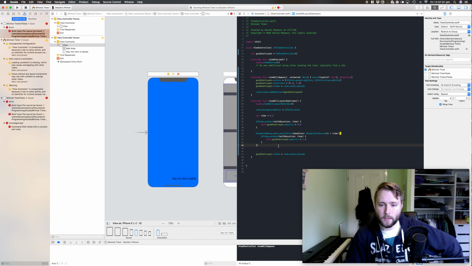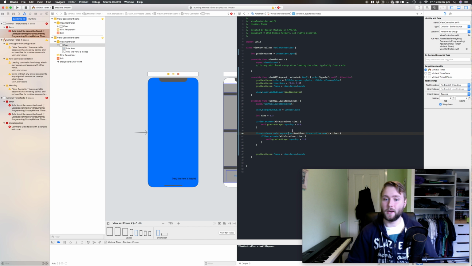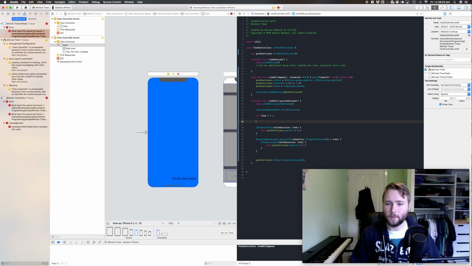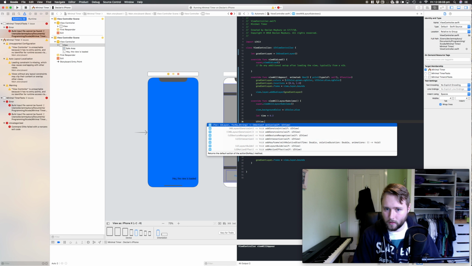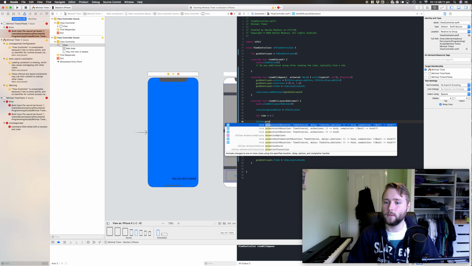Now, the way I've done it here is not a good way. I'm using an asynchronous dispatch, which you shouldn't do unless you really need to, I think. Unless it's something that actually needs to be asynchronous, because when you run code asynchronously, that means that it can be running two streams of code at the same time, as far as I understand it anyway. And if you don't need to do that, then it's using up unnecessary power and unnecessary cores and whatever in the device. So if I actually did an animation with a completion here,